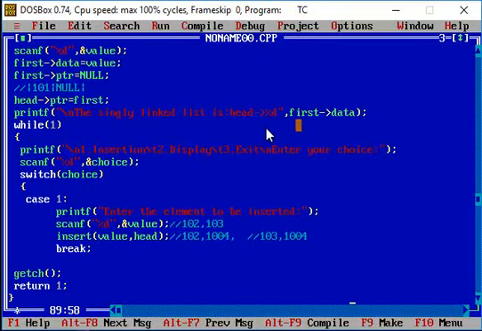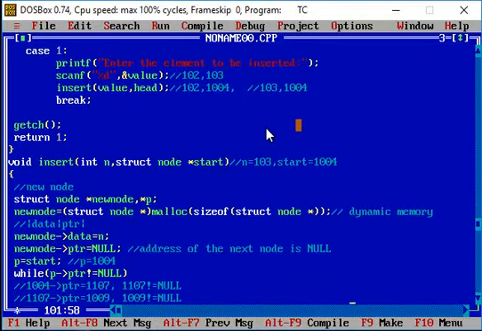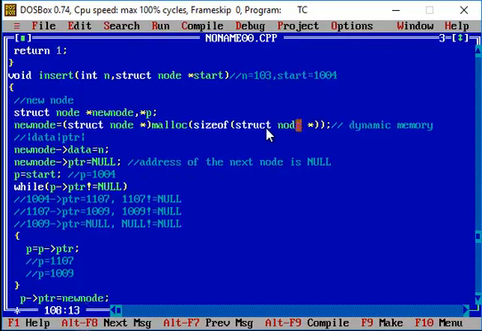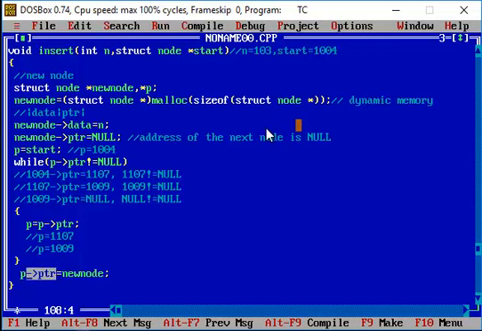Null is being identified with the help of the pointer variable and its corresponding pointer field. So what I'm doing is taking the pointer field of the pointer variable, and now that is getting assigned to the new node. When you come out of this particular loop, the pointer field of ptr will definitely have the value null, and that null will be replaced by the address of the new node. So this is the concept of insertion. You are trying to insert at the end of your existing linked list.